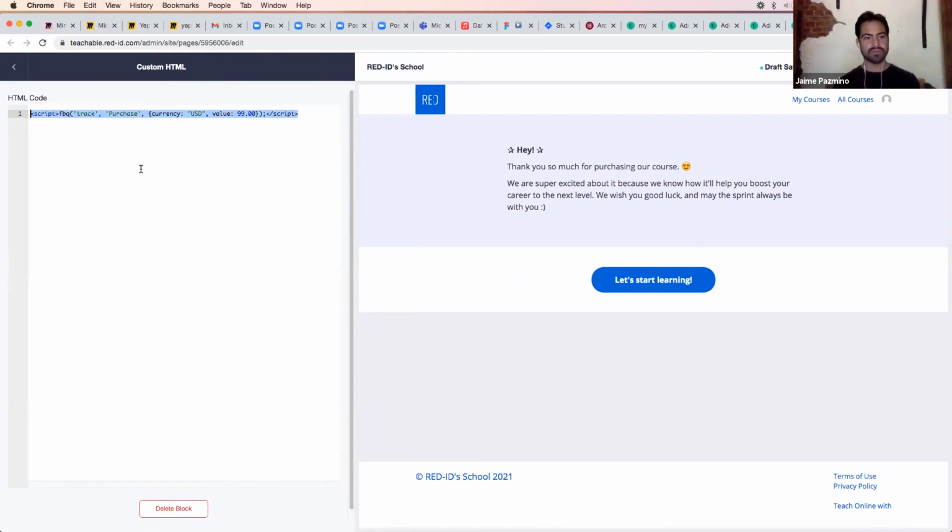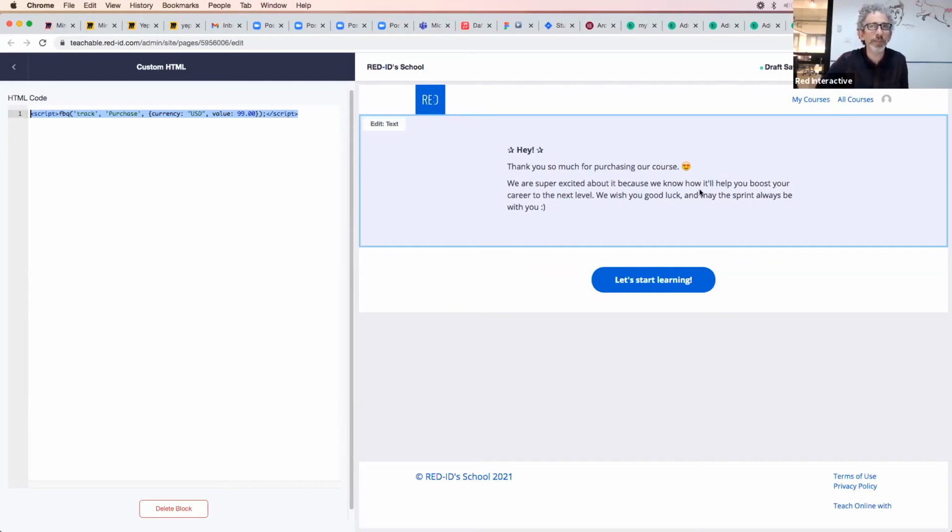So you copy paste it. We didn't create it from scratch. There was no developer behind it. Facebook offers you this, right? So it's a copy paste thing. And basically in Teachable, you can give them your Facebook pixel and they put it on every page. So you have to have a Facebook pixel included for this to work. There's an include there, built into Teachable. Most platforms give you that opportunity, or you need to create some kind of snippet to add your pixel with a script. So that's also easy.